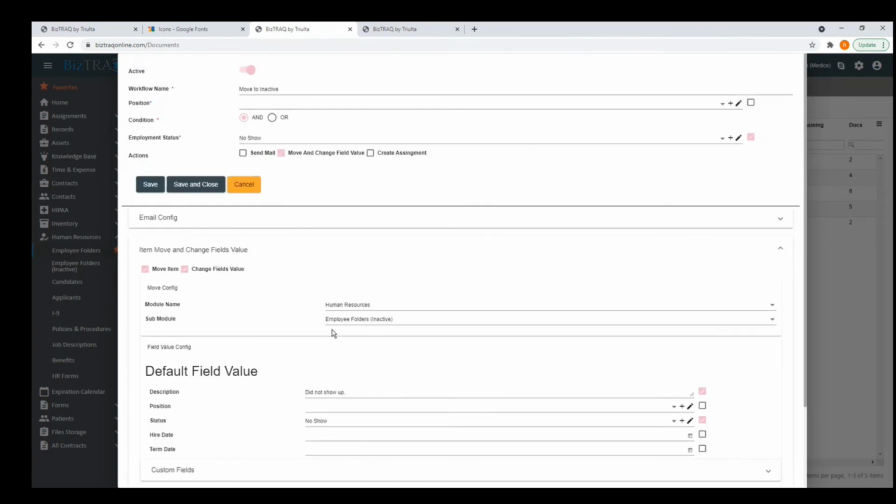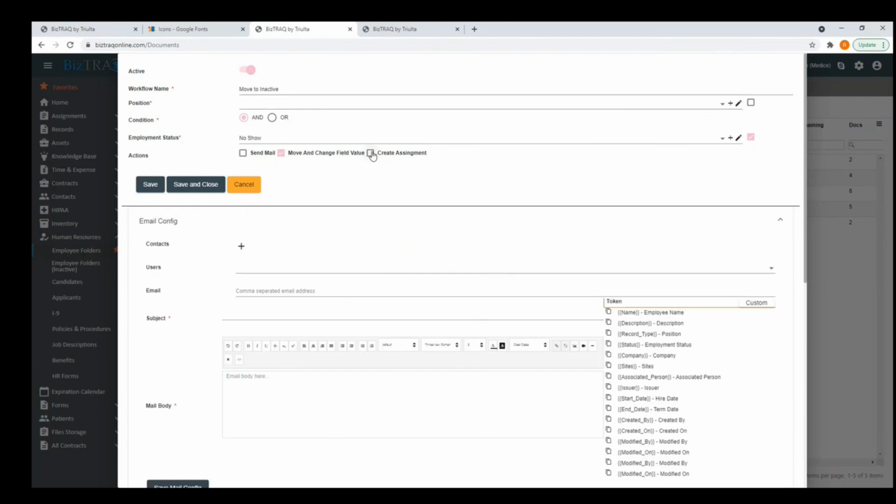So what happens is, as soon as this condition is met, that the employment status changes to no show, the entire record will be moved from human resources to employee folders inactive. But you can also do email. If something happens, you can say, okay, I want to send an email, or I want to create a new review assignment. If employment status is please hire this employee, then send an email and create an assignment